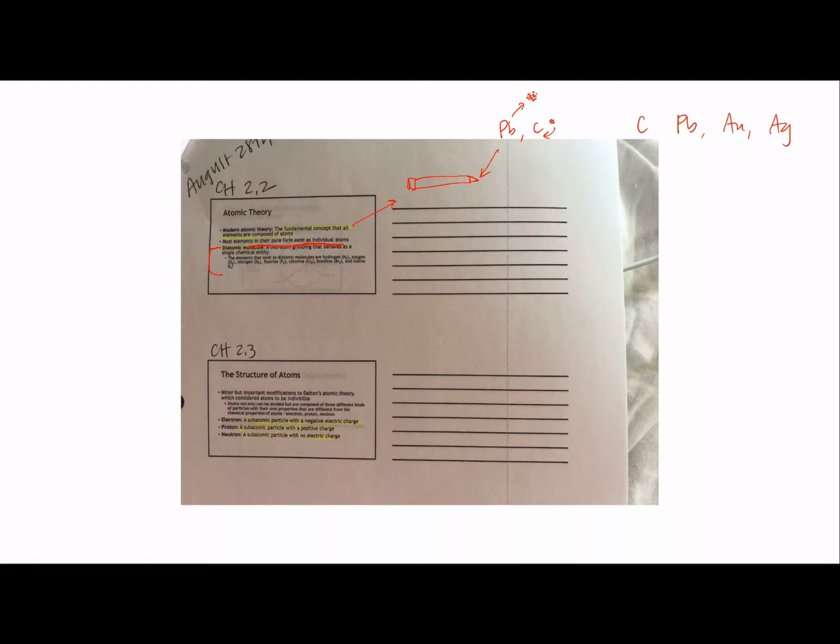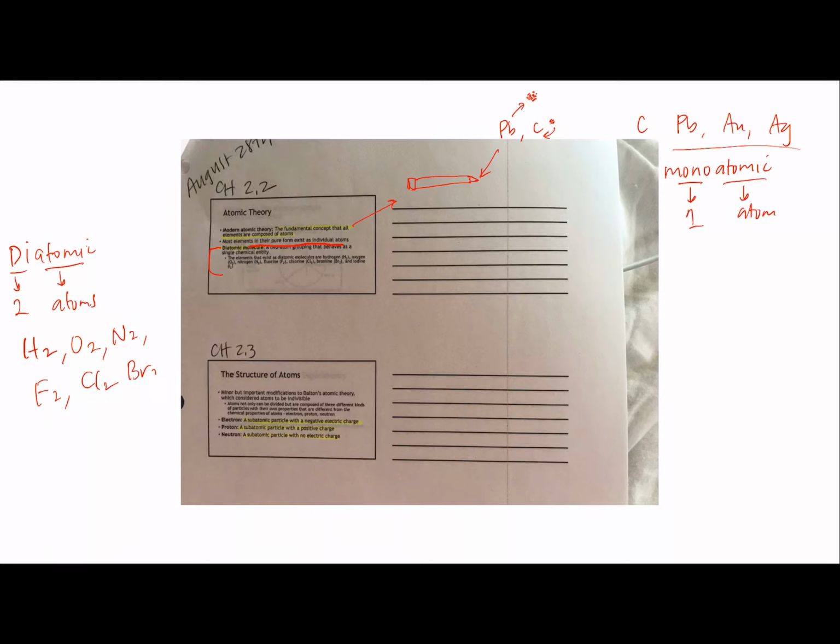But there are a group of elements that can't exist by themselves, and we call them diatomics. Okay, so let's break that word apart. Di is two atoms. Okay, so these would be called monoatomics. One atom. Okay, so the ones that tend to exist as two are hydrogen, oxygen, nitrogen, fluorine, chlorine, bromine,